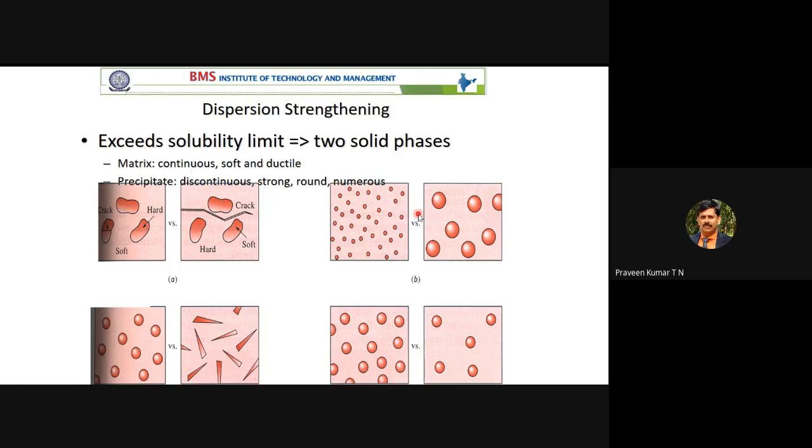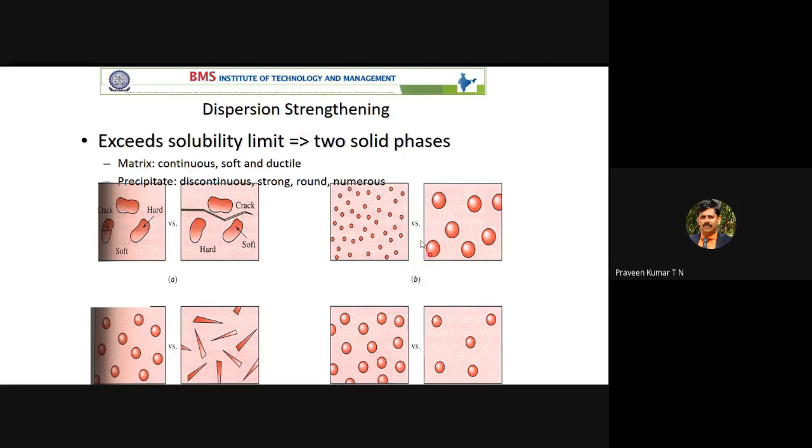Those are ceramic materials. If you add ceramic material when it is in the molten state, then the strength increases. A simple analogy: if you are playing cricket or volleyball and you put only red soil, the soil does not have much strength. If you put some sand or small stones, the strength of the whole soil increases. In a similar way, if you use only metal, only copper or copper alloy, the strength may not be sufficient. Along with copper, if you add some ceramic or other material, the strength may increase.